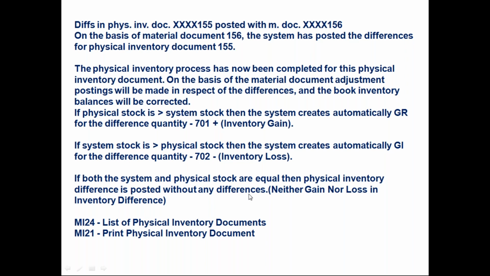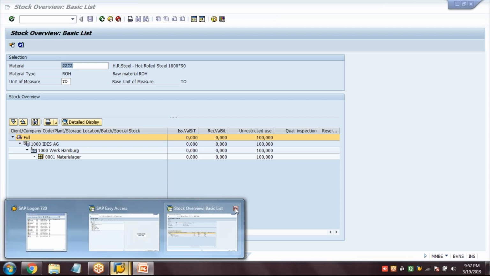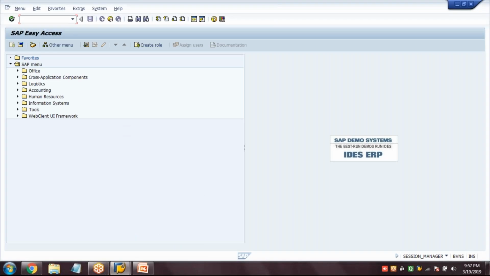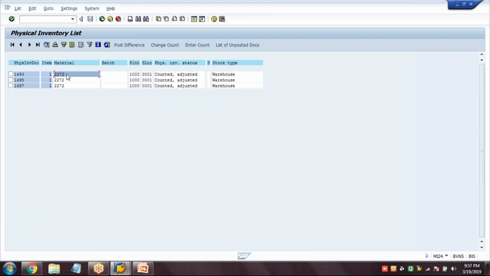neither gain nor loss. And to display list of physical inventory documents, MI24. And if you want to take the printout of the physical inventory document, MI21. MI24 if you want to see the physical inventory list, material, plant and so on. So you performed physical inventory for this material 3 times. And if you want to take the printout, MI21,